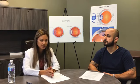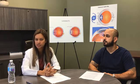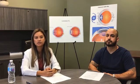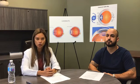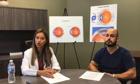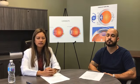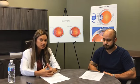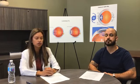Astigmatism is essentially, the way I like to explain it, is your eye is shaped a little bit differently. For people who do not have astigmatism, your eye is shaped like a soccer ball. It is round. And in people who have astigmatism, your eye is shaped like a football. And so what does that mean? It means that the light scatters in your eye, very much similar to